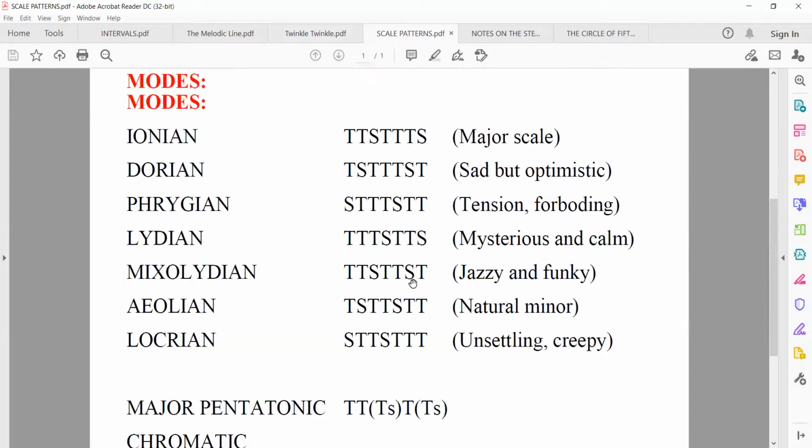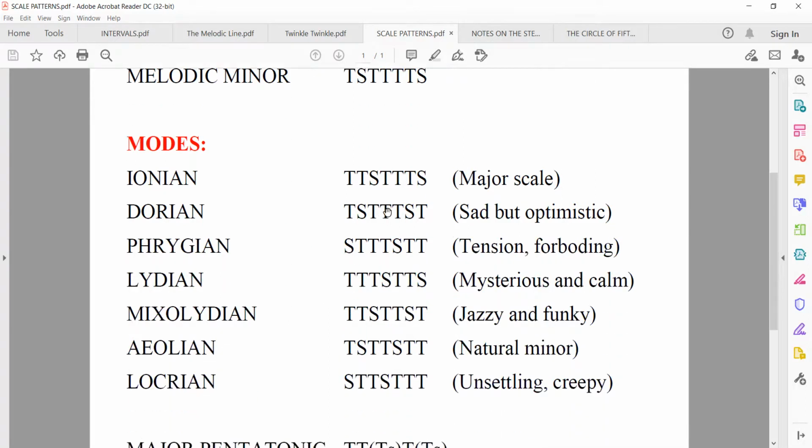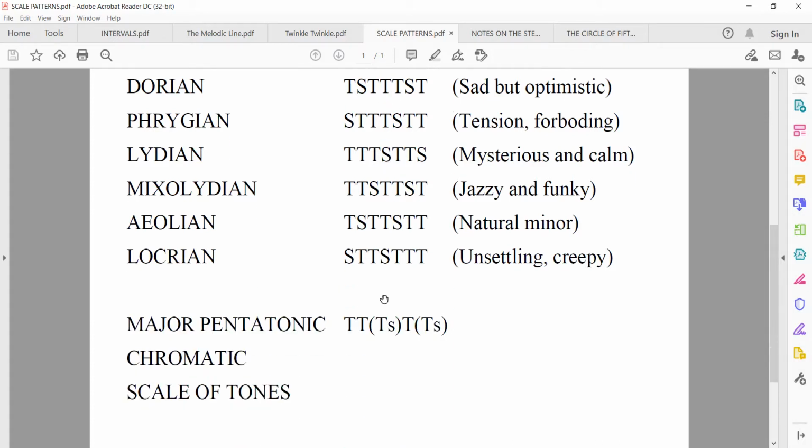Okay, so for example, if you look at the major scale, you would see that the pattern here is tone, tone, semitone, tone, tone, tone, semitone. So there's a semitone involved here. As a matter of fact, in all the scale patterns and all the scales, the majors and minor scales, and the modes as well, every one of them involves a semitone. The pentatonic doesn't have a semitone. There's a tone and a half, right? Jump. So that is pretty odd, and that explains